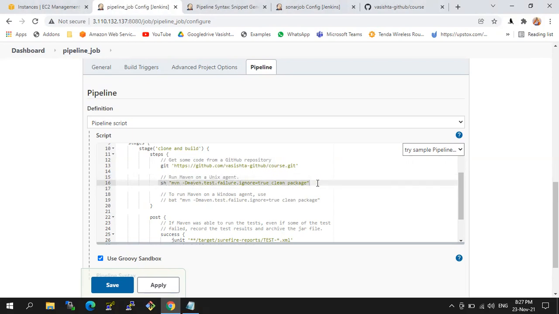This is the command for installation of clean package. If you are using a Windows machine, then this is the command. So what is this command meaning? sh means shell, you are using a shell script. mvn is nothing but the maven command. -D maven.test.failure.ignore=true. That means if in a test you are getting any failures,